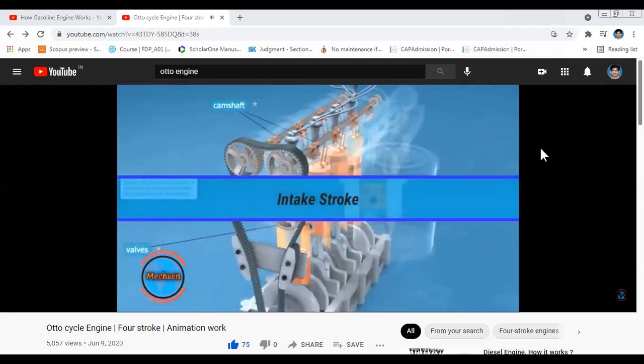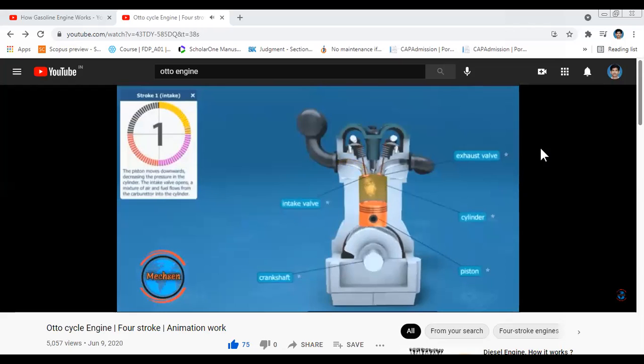Intake, also known as induction or suction. This stroke of the piston begins at top dead center and ends at bottom dead center. In this stroke the intake valve must be in the open position while the piston pulls an air-fuel mixture into the cylinder by producing vacuum pressure through its downward motion. The piston is moving down as air is being sucked in.